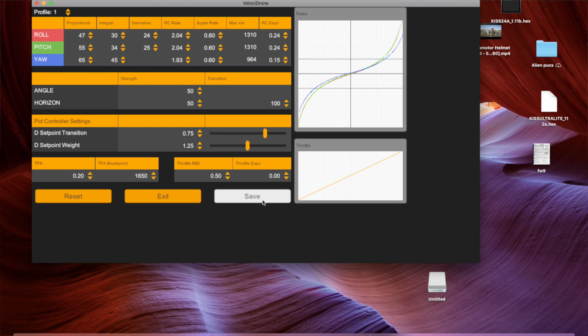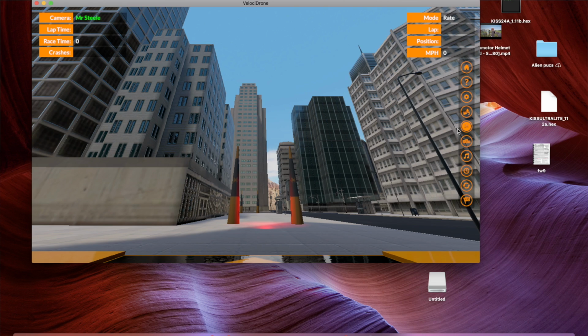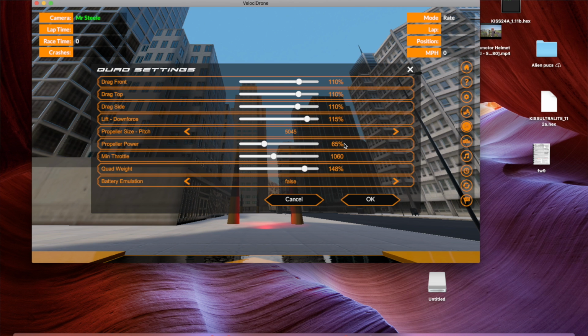All of these games have these settings, which are supposedly like your real world PIDs and rates, which make the quads feel a certain way, but how they interact with the actual environment, like gravity and drag and whatnot, is very, very difficult to make realistic. Obviously all of this stuff can be changed, but what do you change, and how do you know when to change it or what to change it to? It's taken me a while to figure out how to change these numbers, and in every game it's different.